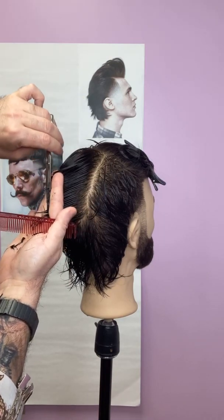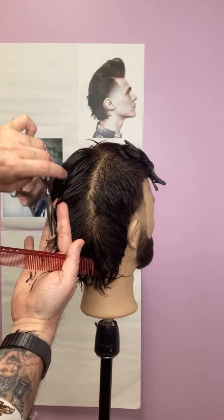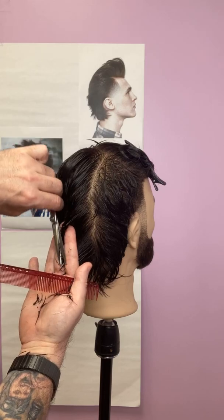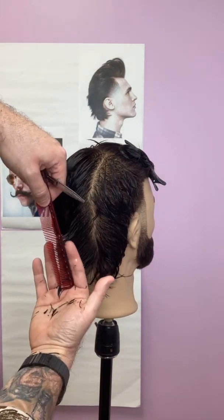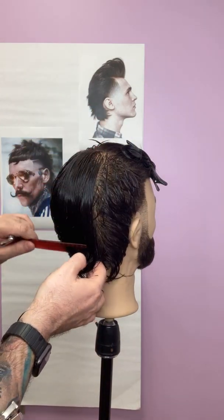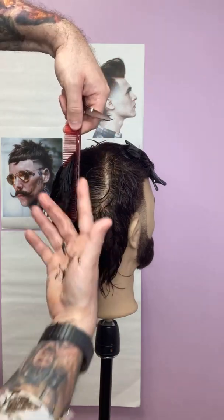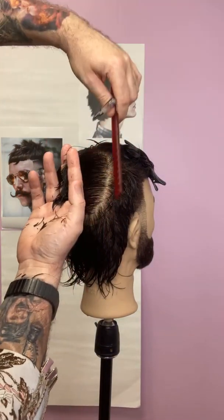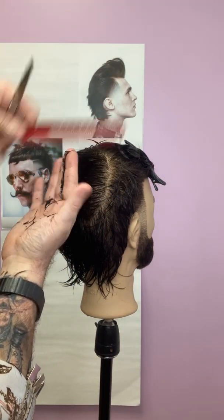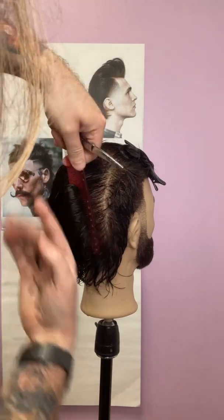Taking a little less than 1 inch off of that, which is to be expected due to the slight over-direction. Once again, we're going to split that in half. We're going to work all cross over to here. Over-directing that back again to our previous cut section. You're probably not going to take off very much on this last section here, which is absolutely anticipated and totally